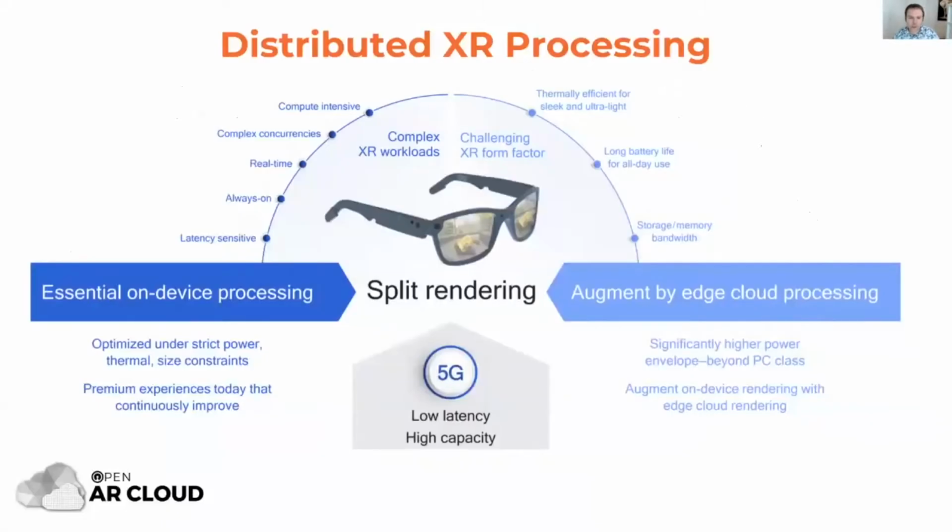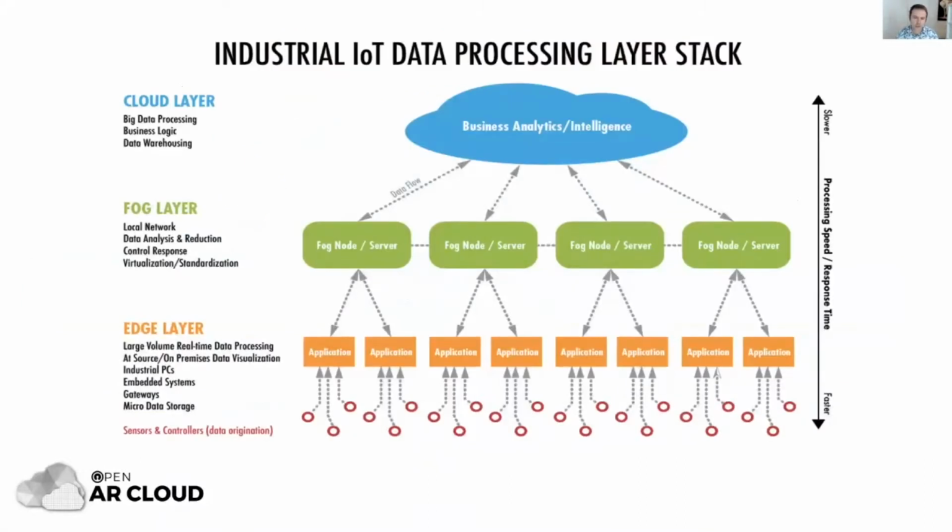So part of this story is that you use the new technologies of 5G edge clouds. So you have low latency, you have high capacity, and then you have compute and storage that is much closer to you. That is essential for the kind of low latency demands that XR has. This obviously isn't limited to AR. The whole thing that is happening in Industry 4.0 with industrial IoT leverages the same kind of distributed networking and compute architectures.